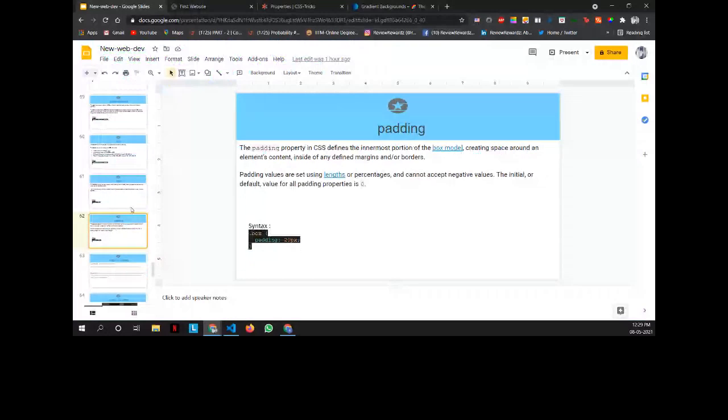Padding is similar to margin, but it actually gives space inside the element. Margin covers the element from outside, right? In the padding part, it covers the element from the inside. So this width here is 40 pixels, whereas the width from this to this part is 40 pixels. That's one of the major differences between padding and margin.